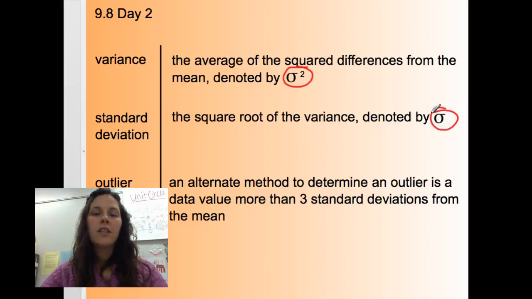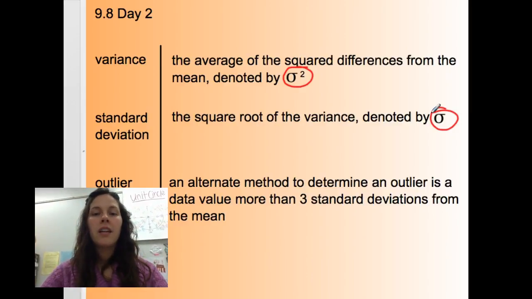And the standard deviation, like I said, is a measure of spread. It tells you how different each of the data values is from the mean. So if you can imagine, when we're talking about difference from the mean, if you have an outlier, it makes the standard deviation really large. If you have data values that are really close together, close to the mean, the standard deviation will be really